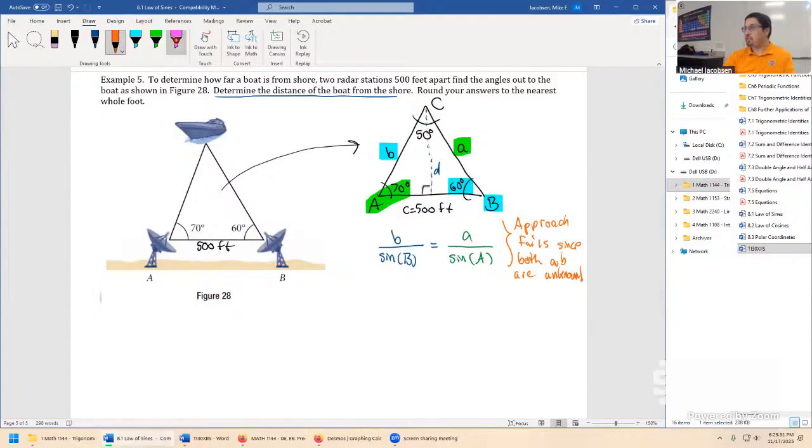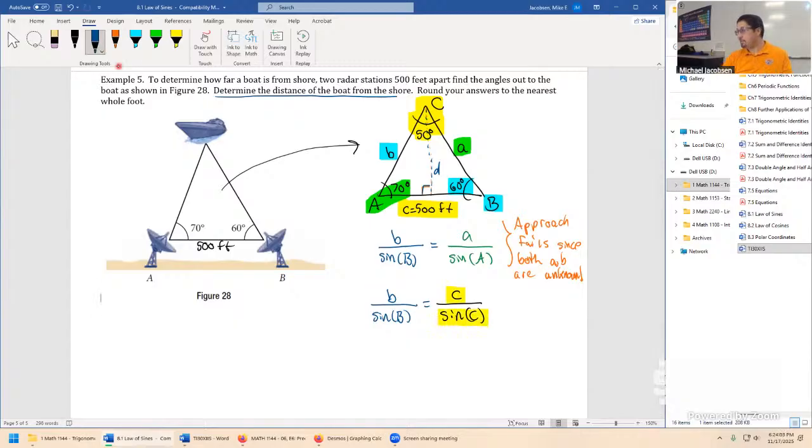But you know what is known on this triangle is angle C. We've got that information, and side length C. So let's make this our second attempt on law of sines. So next go, take B over sine uppercase B. It's going to be equal to, let's take C, the known quantity, 500 feet, over sine uppercase C. And we can solve that one. There's exactly one unknown, B, in this setup.